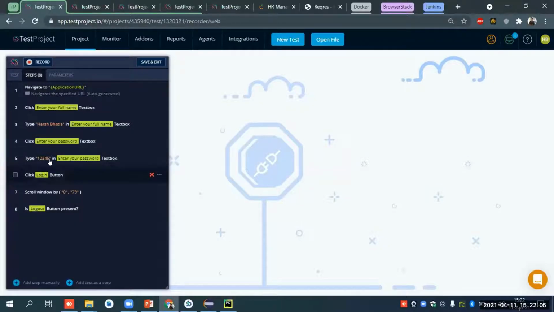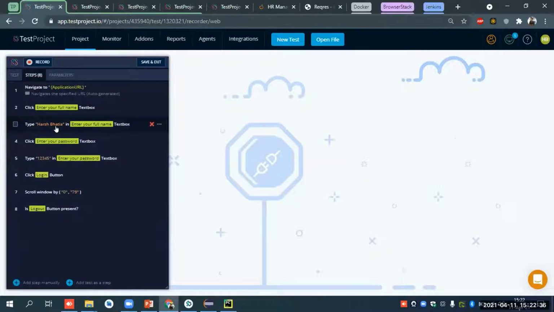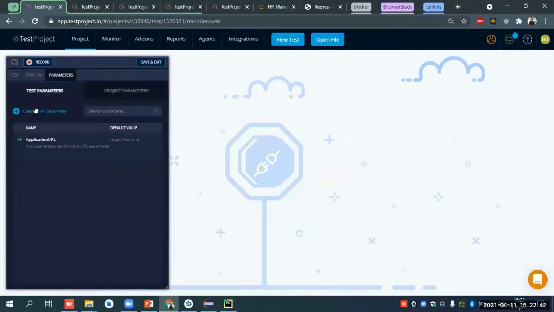So what next we can do is, right now we just hard coded the values like the name and password. Now this value will come from a parameter. Okay, so here is a parameter type. There are two types of parameters. One is a taste parameter and another is a project parameter. Okay, so the taste parameter scope will be within this taste itself, and the project parameter will be global. It can be accessed in any taste cases. Okay. So what we need to do is create a parameter for the name and for the password. So we create the taste parameter from there.